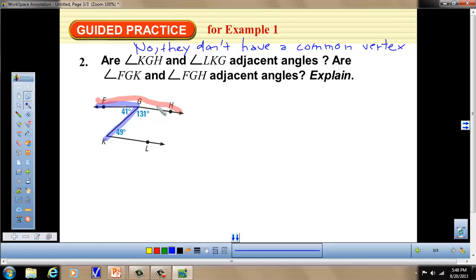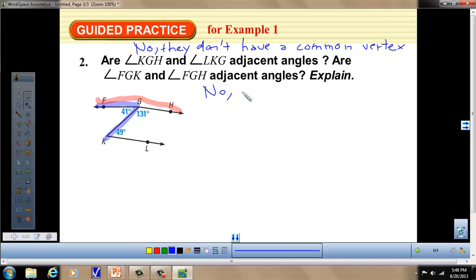In this case, they do share a common side, they do share a common vertex, but they have to be adjacent. That literally means next to each other. And in this case, FGK is inside of FGH. So we would say no in this case